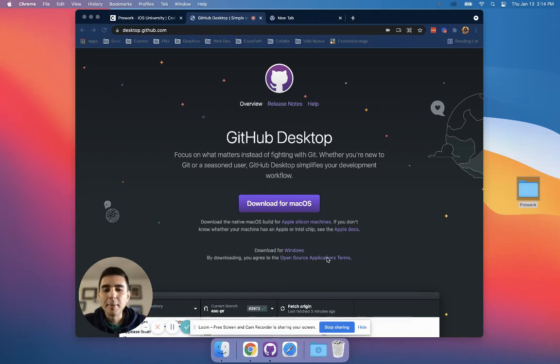Hey, my name is Guillermo, and today I'll be showing you how to create a GitHub repository and upload all of your project files into your repository and update your README file so that you can submit your CodePath assignment. All right, so the first step we're going to do is go ahead and download GitHub